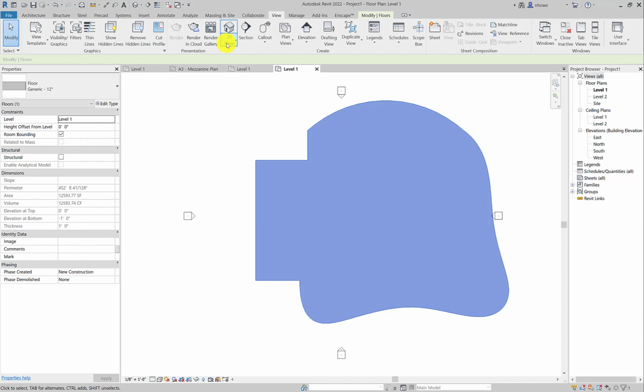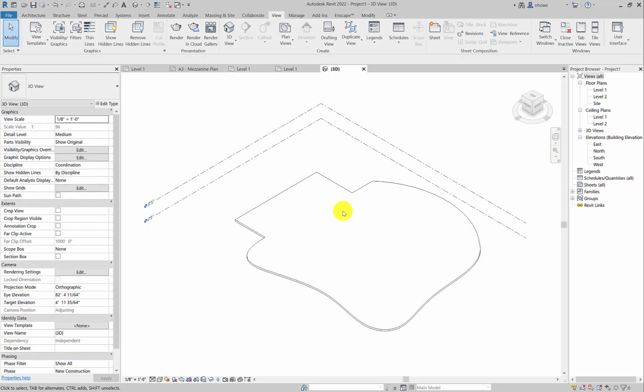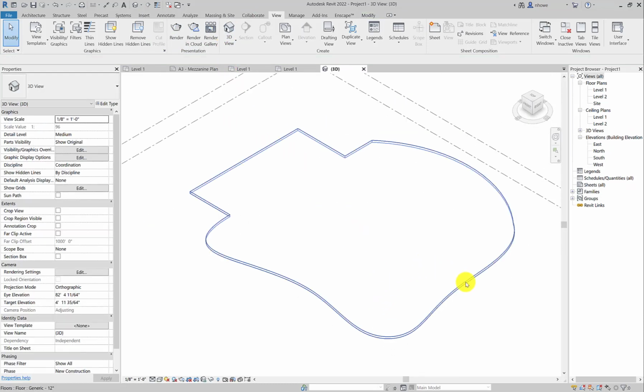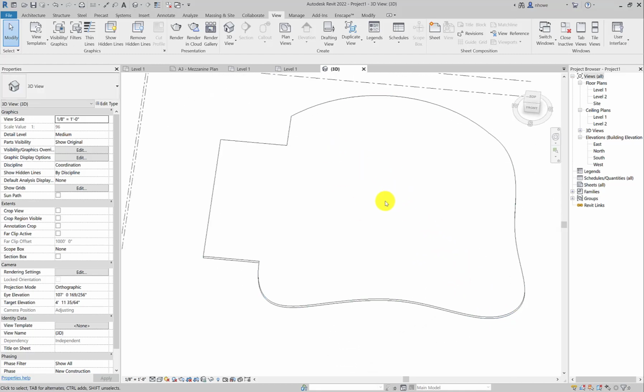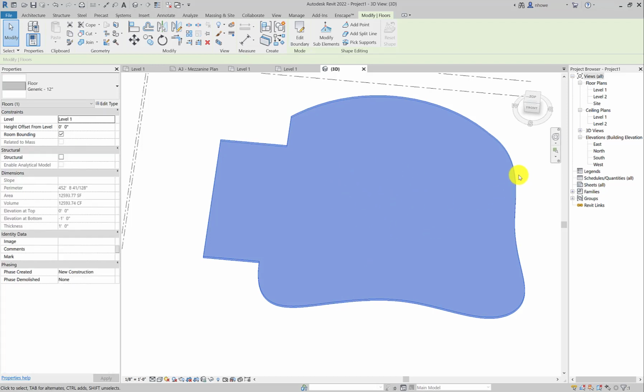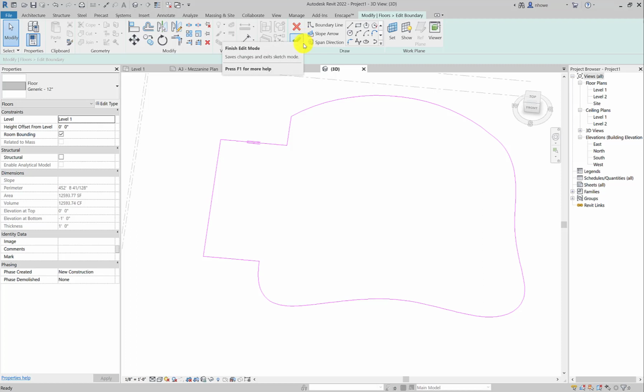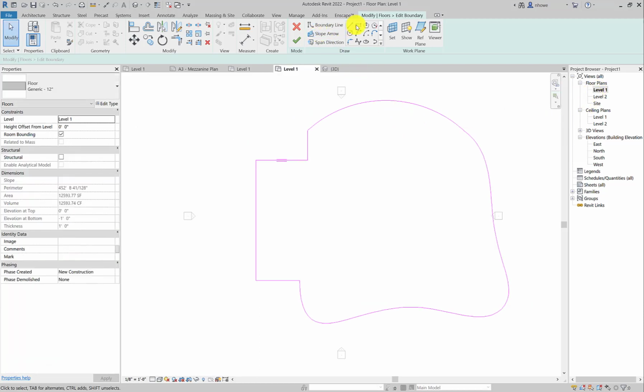Some last things, so you can just see what's going on, is if you are cutting a hole in that same piece, and now I've got this just the way I want it. Now I'm going to edit the boundary, and I can add. Now the 3D view is probably not my best move as far as adding something, so I'm going to go back to level 1. If I want to add an opening, say,